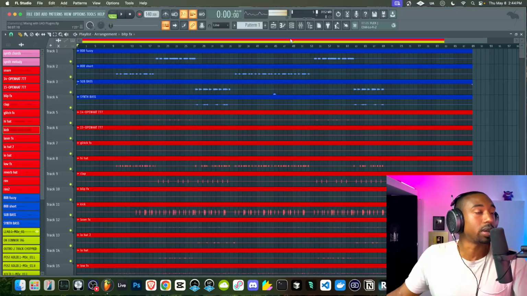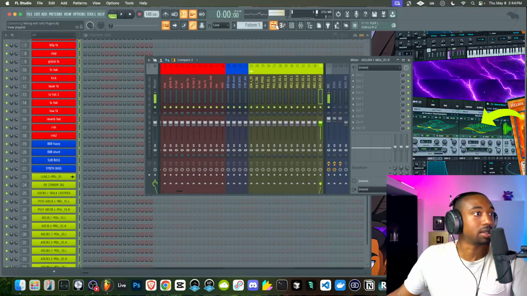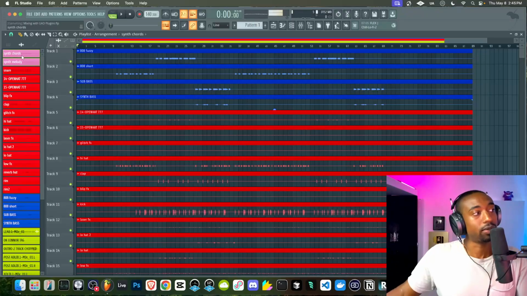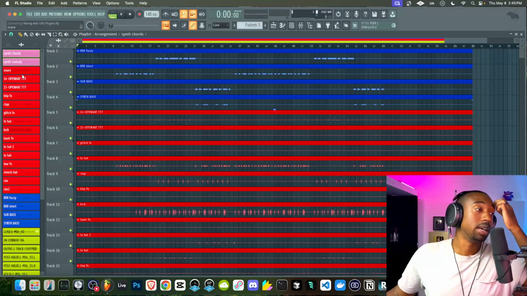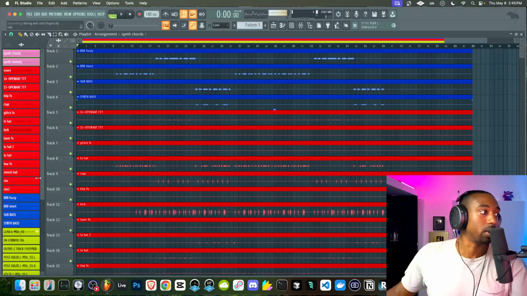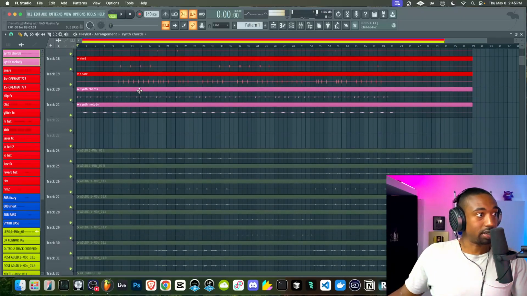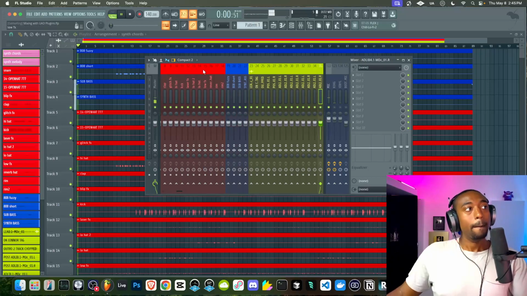Now to color code stuff quicker in the new FL Studio, you just go to the audio tab here in your playlist view, which is this button here. Go to the audio tab and you could hit Shift after you left click, right click, rename and change these colors to the same color. That will color code the tracks and then you could organize it that way. So now everything here is color coded and organized visually. I can easily see in the mixer the groups of stuff.